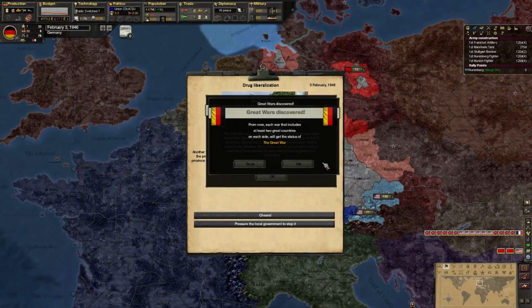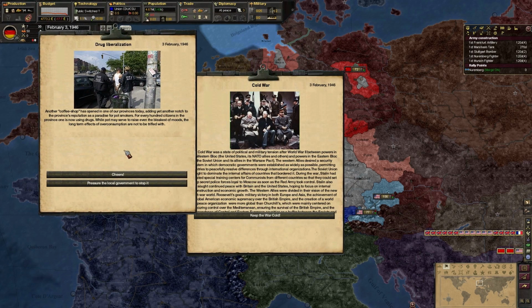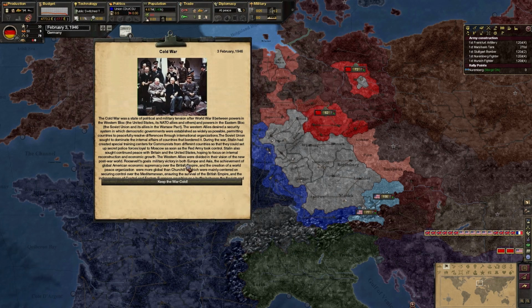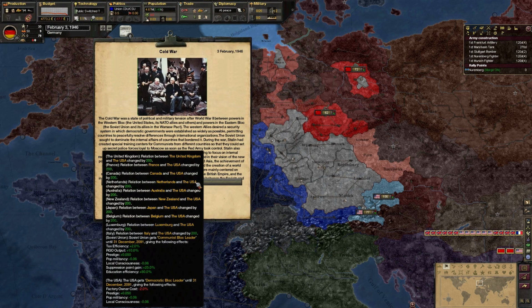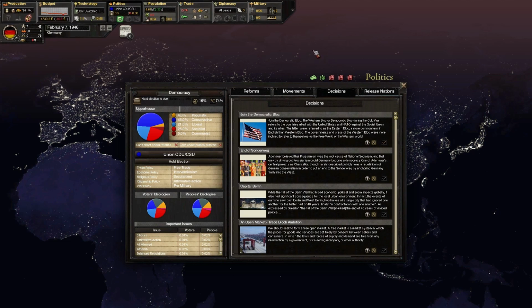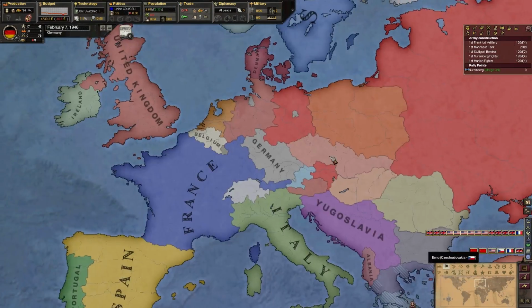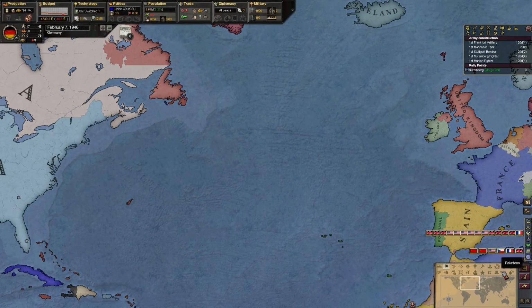Is there anything? Oh, what's this? Great Wars have been discovered. That's fine. A lot of things are going to show up right away. Drug liberalization. Yeah, sure. Why not? And there we go. The Cold War. Everybody starts to like the United States. Relations, tax efficiency, Democratic bloc leader. So I think maybe now. Yeah, we can join a Democratic bloc. So I think we're going to do that. Because, I don't really see a reason not to. We'll join. Does that mean...